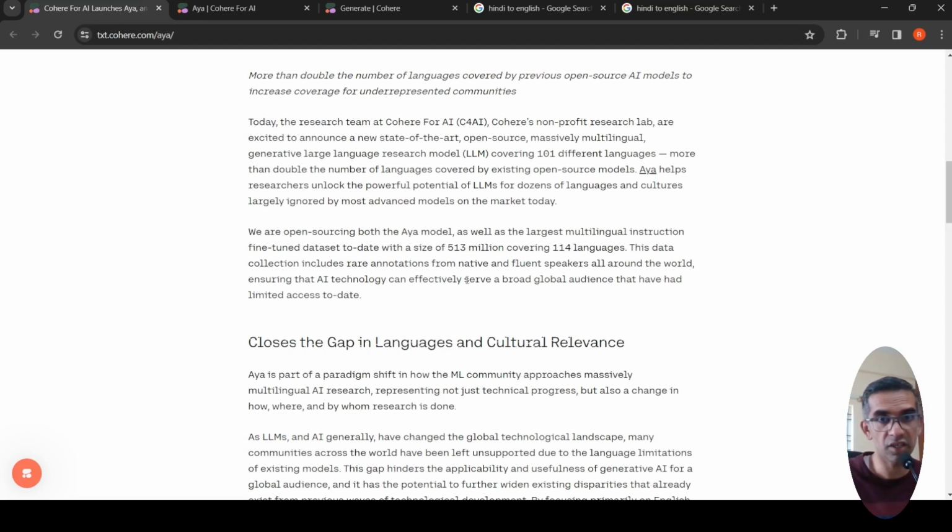This data collection includes rare annotations from native and fluent speakers all around the world, ensuring that AI technology can effectively serve a broad global audience that has had limited access to date. This is a huge, noteworthy effort from Cohere for AI to release this large multilingual language model covering more than 101 different languages.